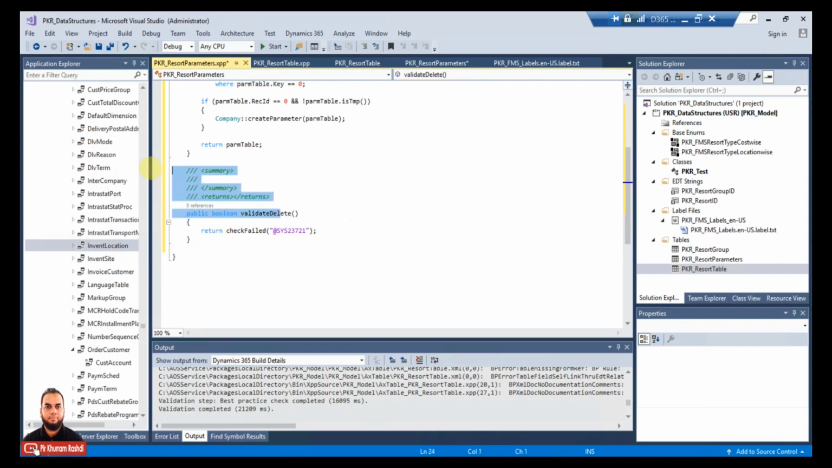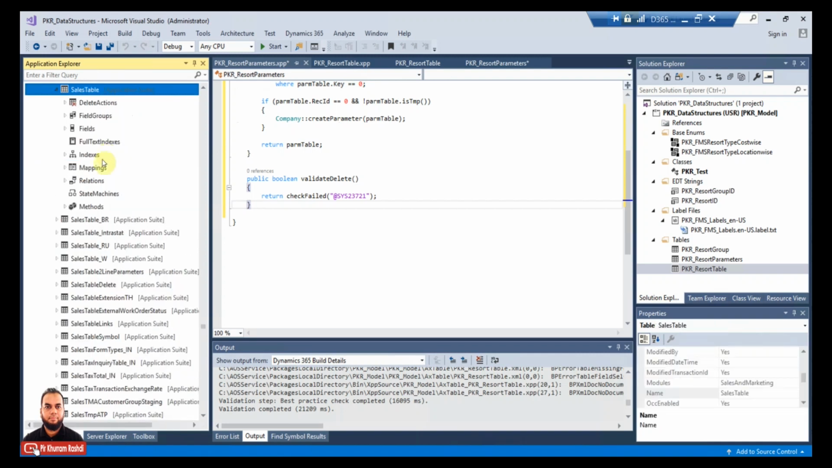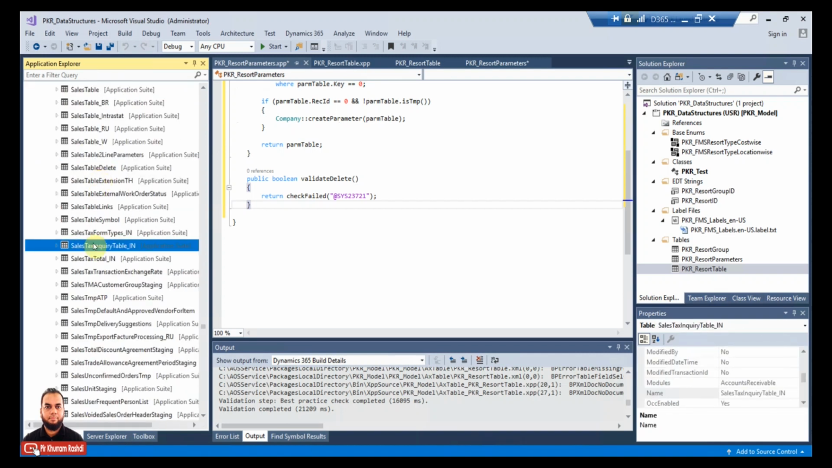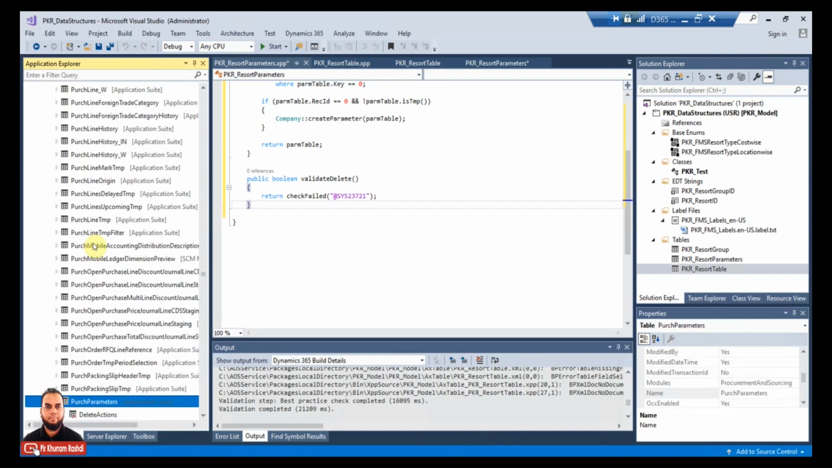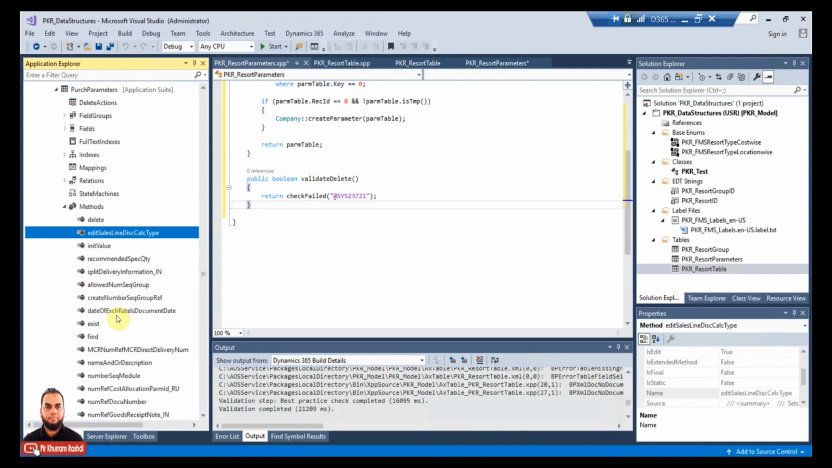So just remove the documentation, but you need to do the documentation. That is a best practice, so I'm just avoiding it in order to make it simple. So now let me check one more thing: go to the purge parameters. In the purge parameter I need to check